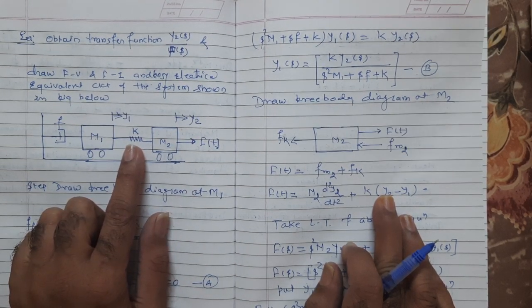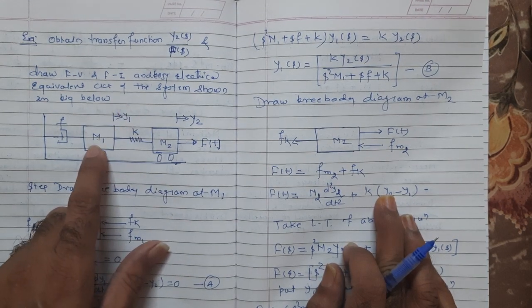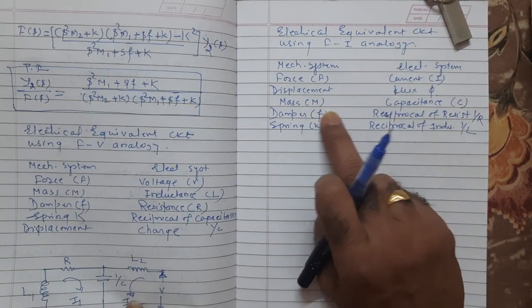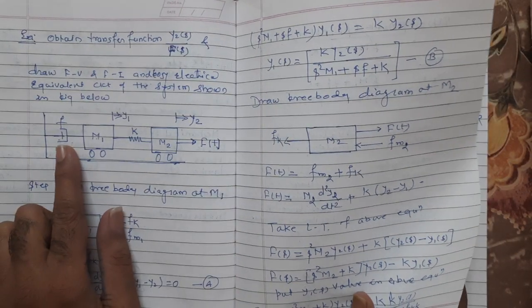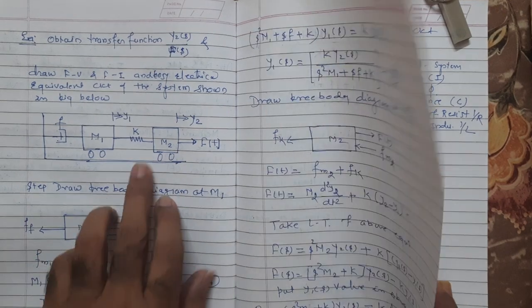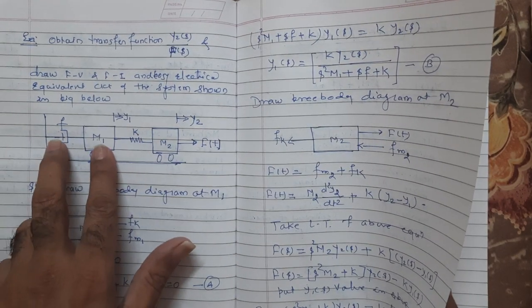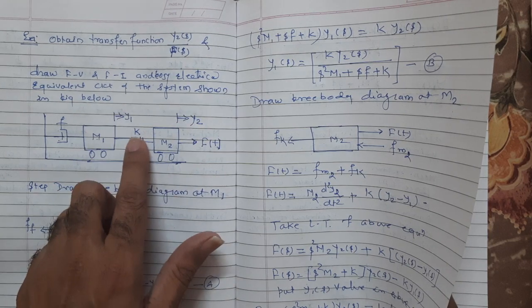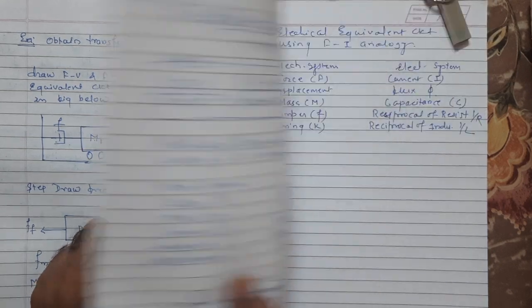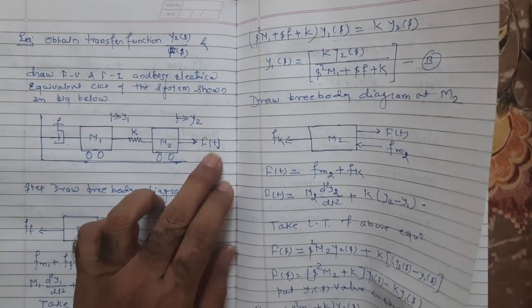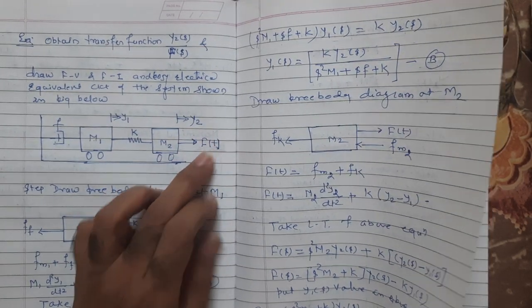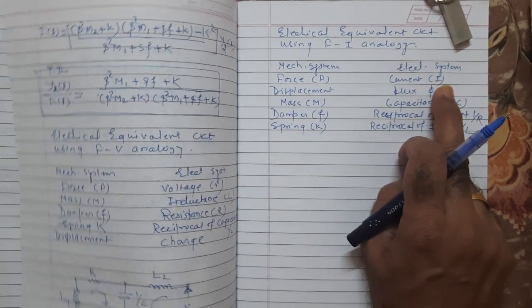So between the two nodes, E1 and E2, the reciprocal of the inductance is connected. To E1, what is connected over there? M1 and F. What is M1? M1 is the capacitance C1. And what is F? F is the damper. Damper is the reciprocal of the resistance. So to E1 these two components are connected, and between E1 and E2 this component is connected. And to E2, which component is connected? That is M2, which means C2. And F of t is also connected at node 2, that is E2. What is the equivalent of F? That is your current I.